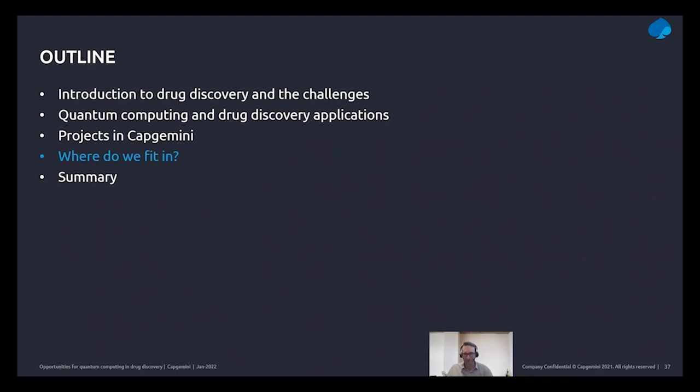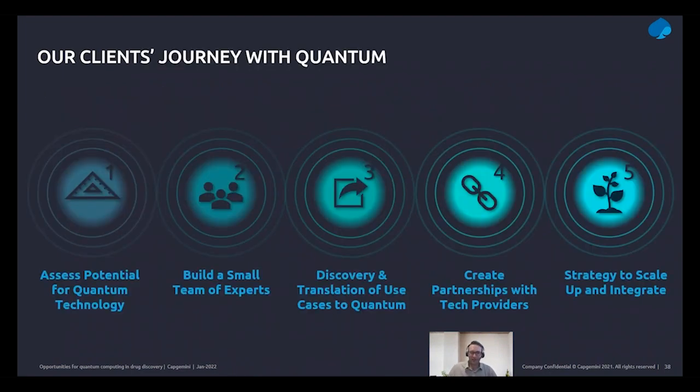I've talked about some of the specific challenges which organizations are looking at. But let's look at it from the perspective of a quantum journey. Our customers in life sciences are already starting on this, assessing the potential of quantum technology, and finding a few experts in their organizations to start exploring where some of these applications might be in future. And the thing I want to emphasize is that we really are able to help end to end with this